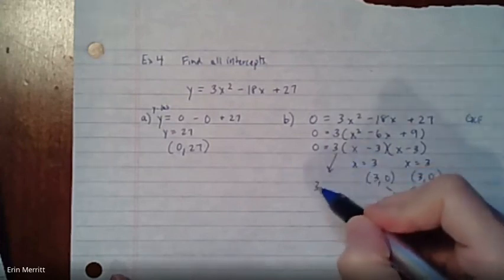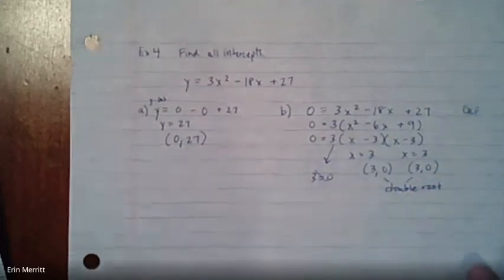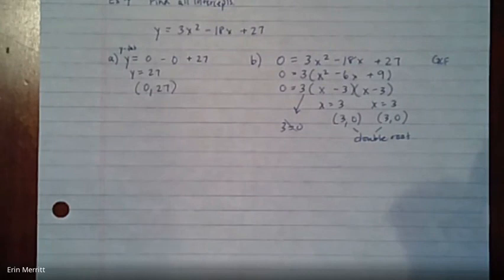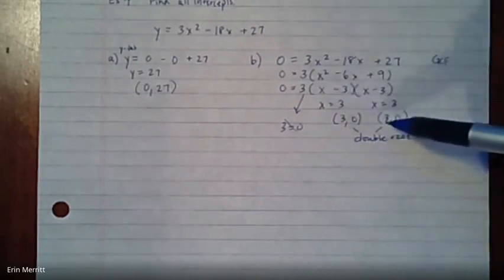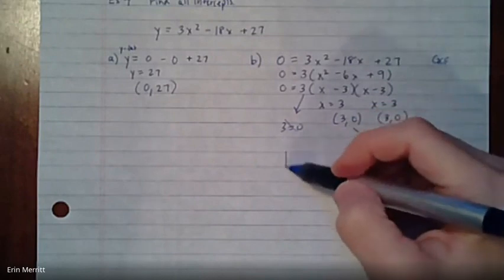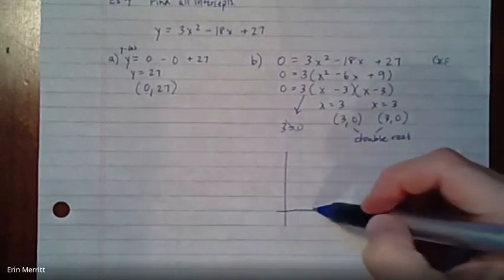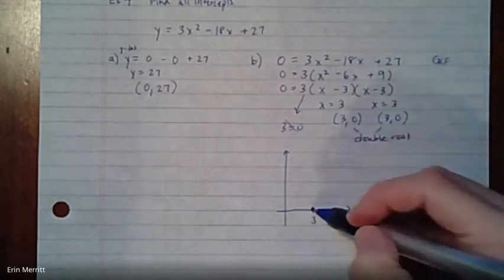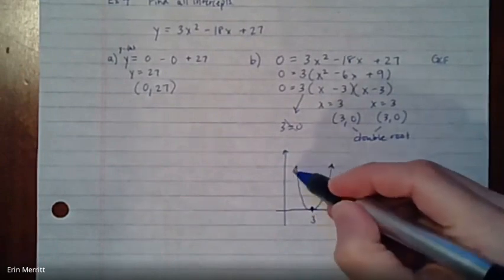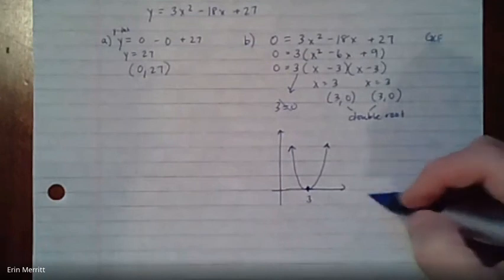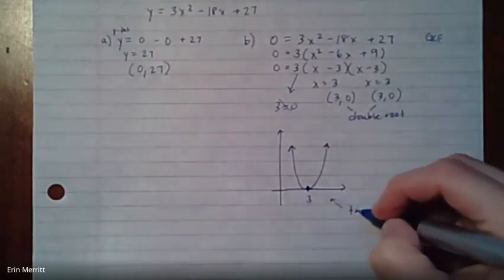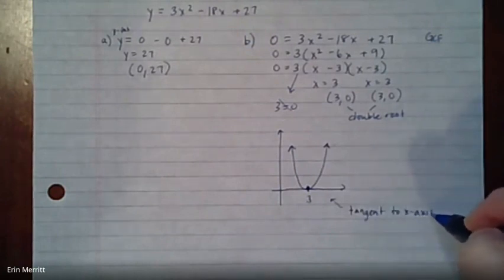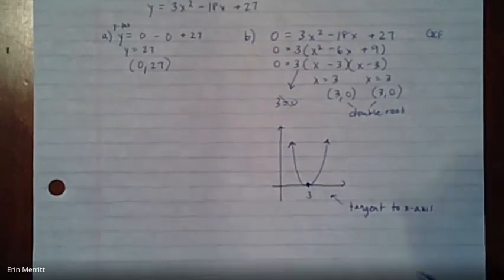This 3 in front, you would set it equal to 0. It wouldn't do anything. It's going to affect the stretch of the parabola, if you can think back to our transformations unit. But it's not going to affect the actual intercept itself. But if I sketch this guy, what you would see is that over at positive 3, if the graph hits there twice, it means it doesn't pass through the axis, and your parabola would look something like this, where it's just tangent to the x-axis. All right, so when you have that same root twice, expect to see things